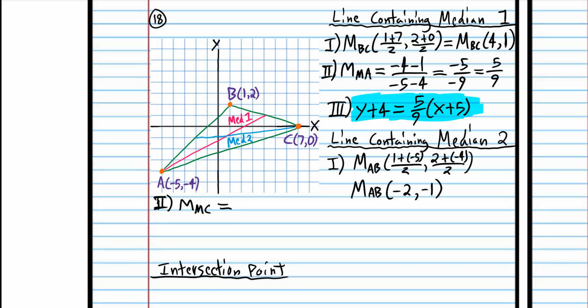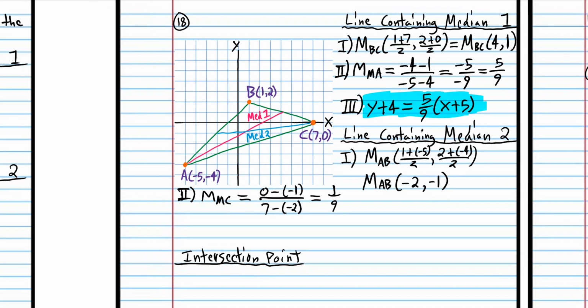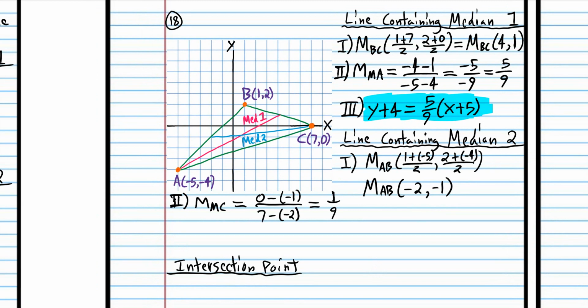So using point C as the second point, we have 0 minus -1 over 7 minus -2. And then we get 1 over 9. So now we're just going to write the equation of the line containing those 2 points, because now